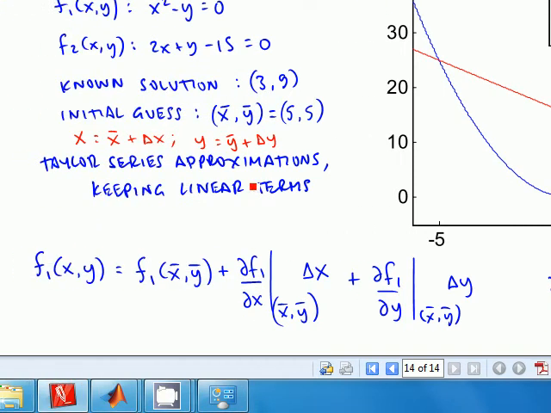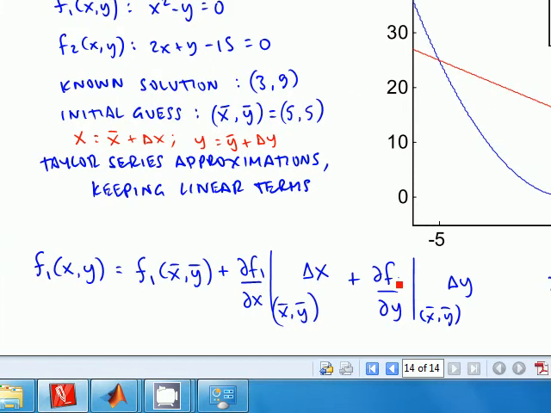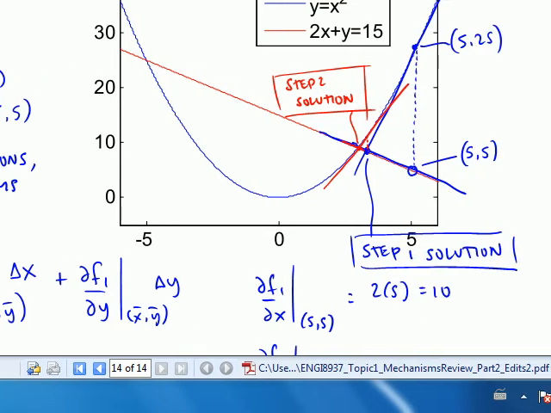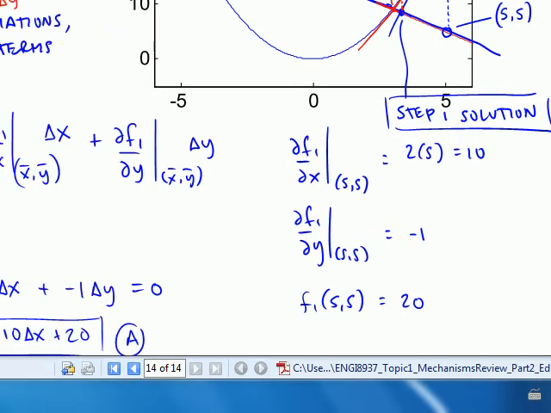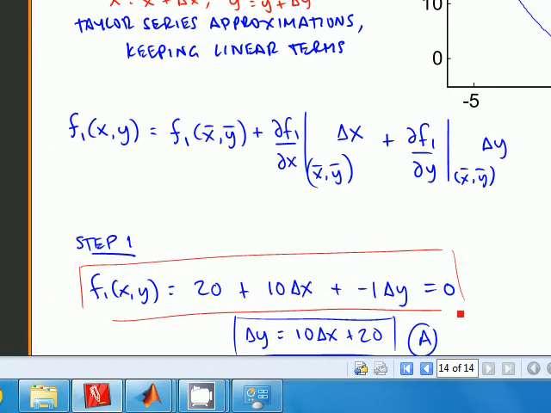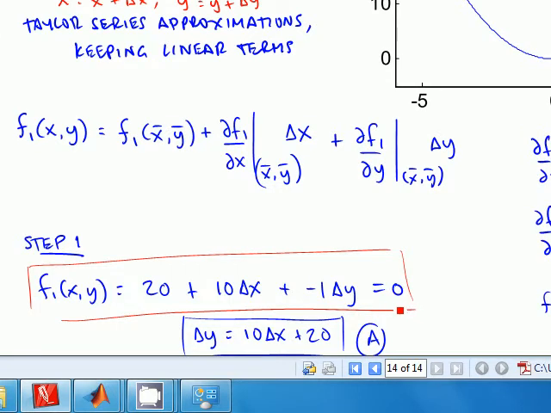Now we said we'd use Taylor series approximations, which means f1 of x, y is the function evaluated at our incorrect guess. That's going to give us some non-zero residual amount, plus x slope evaluated at the starting point times delta x plus y slope at the starting point times delta y. We plugged in a few numbers. We said that the x slope was 10 and the y slope was minus 1, and the residual was 20. So our first function approximation came out to be